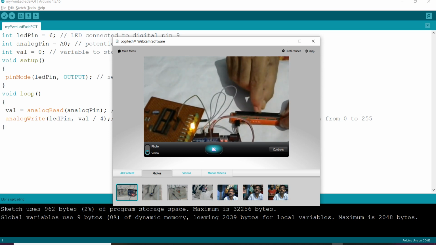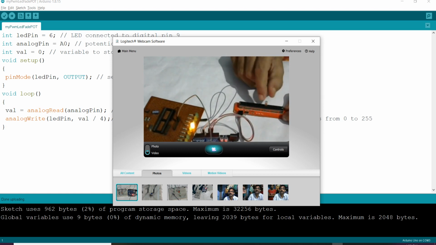Now taking the middle one, it generates an average of 2.5 volt. So 2.5 volt is supplied to the LED, and the brightness is not a full 100%, it is just 50%. By changing it, I get different brightness. If you understood my previous ADC concept, then you can better understand this one. I involved the ADC concept here, so I am controlling the LED using my potentiometer.